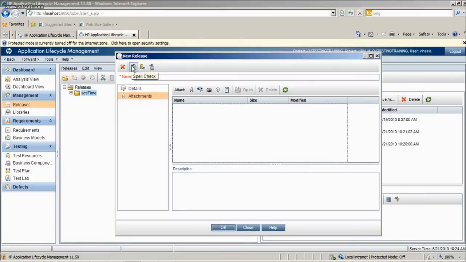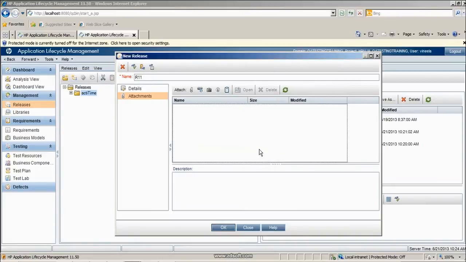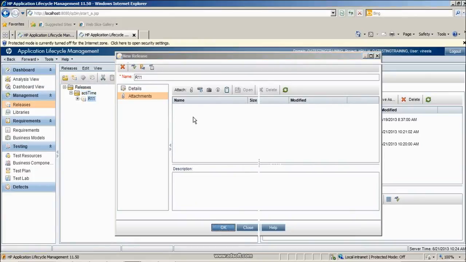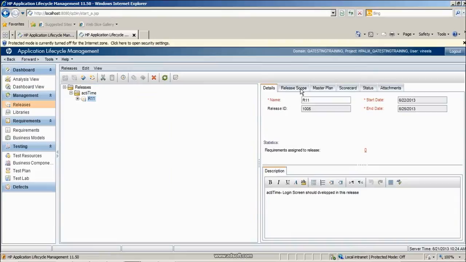You can do the spell check. You can use trace if you want to have it. Now just click on the OK button. If you have any other documents, you can attach them to that release. Again the same thing will be displayed along with extra tabs over here.